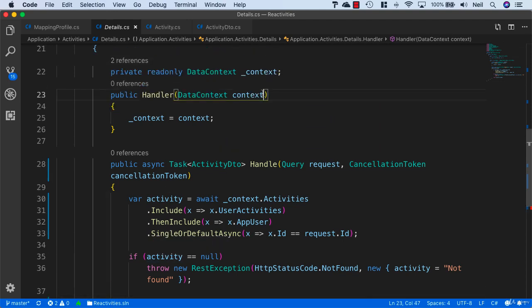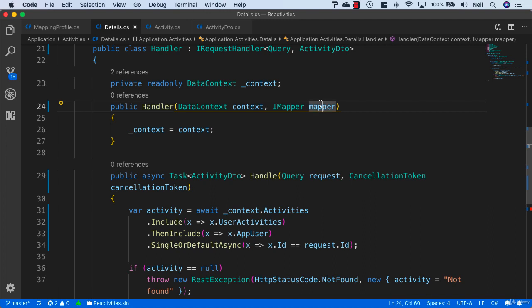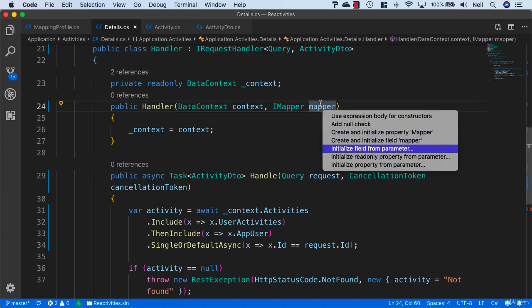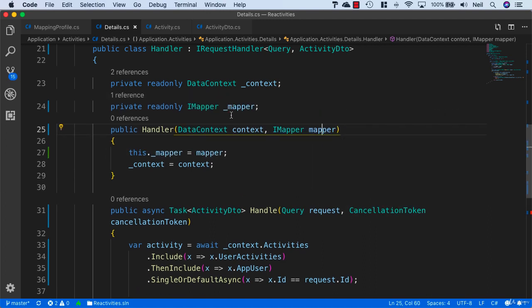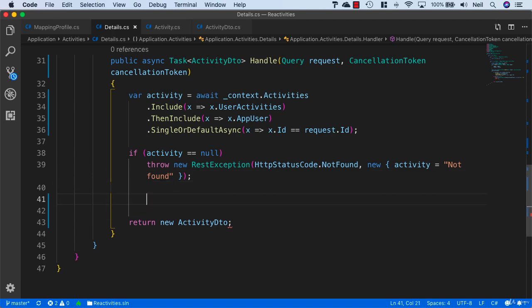So what we'll need to do is we'll need to bring AutoMapper in here, and this provides an interface we can inject. So we'll bring in IMapper and call it mapper, and then just bring in using AutoMapper, and we'll also initialize the field from parameter here as well, and then I'll just take out list dots. So what we can do, and I'll just say var activityToReturn